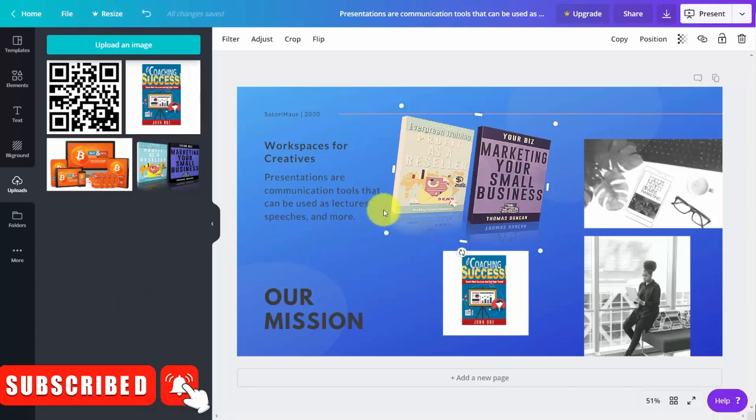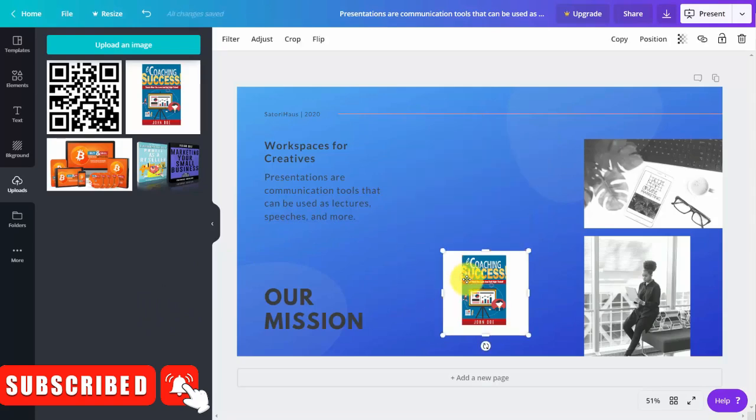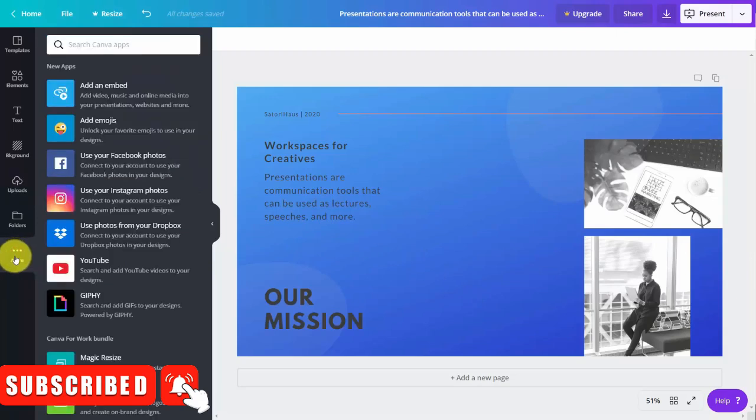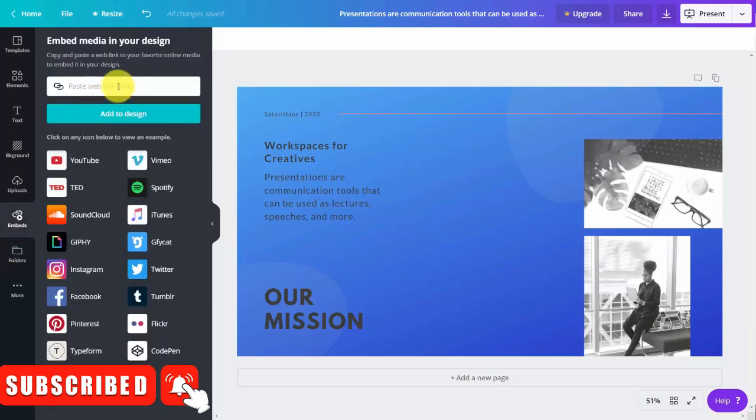Welcome back. Now what we can do is delete the content that we've added, and then Canva gives us access to other forms of content. To find it, we're going to go to this area, and we can add in any of these 7 elements from third parties. So for example, we can add in an embed. So if we have the embed code from any of these services, we can embed something into this area.